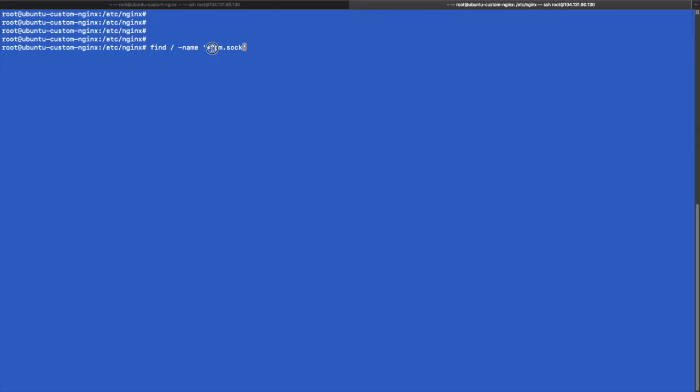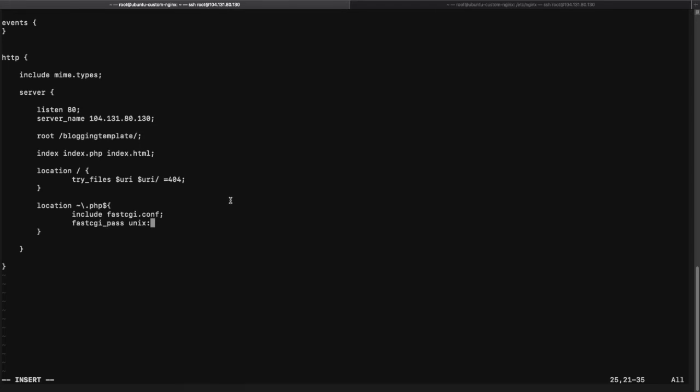It means I need to find all the files on this OS which have this particular extension. Let's hit enter, and see, the location is /run/php/php7.2-fpm.sock. Just copy this, go to the configuration, paste it over here and close your configuration.